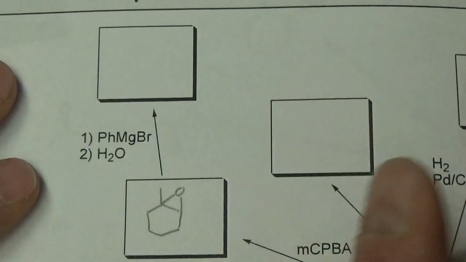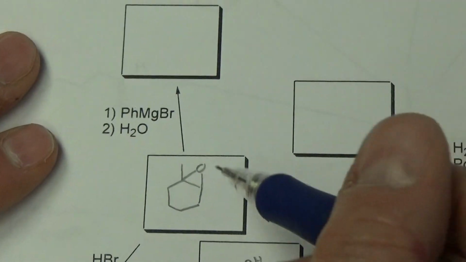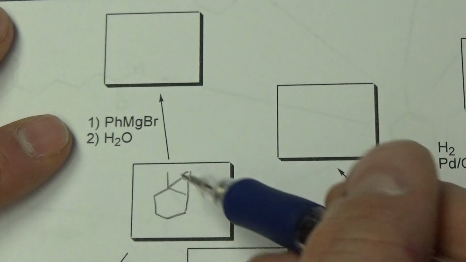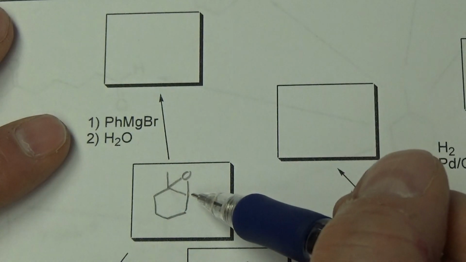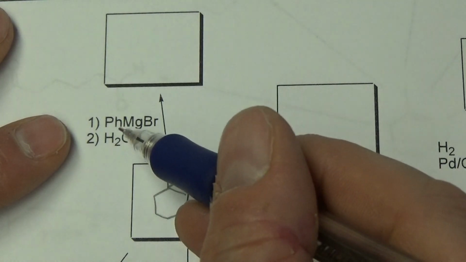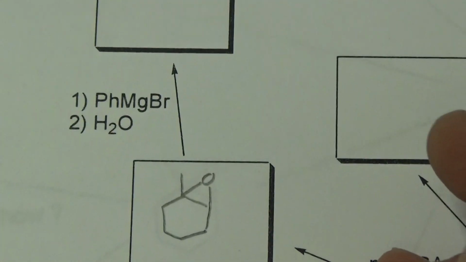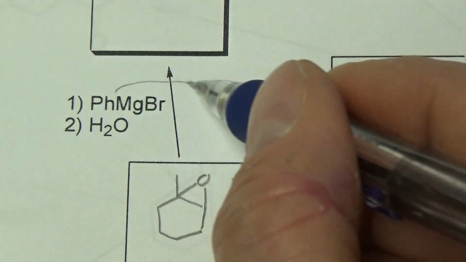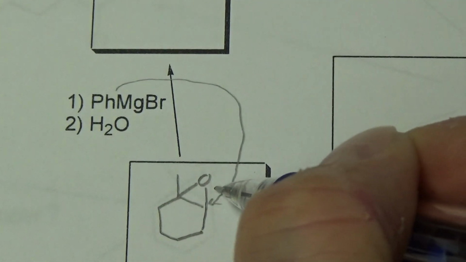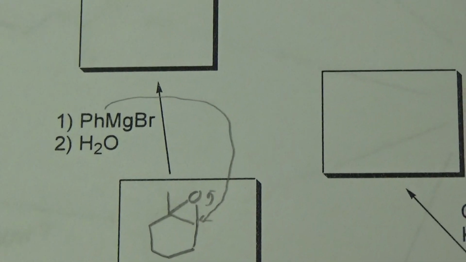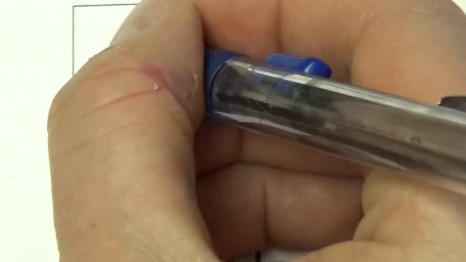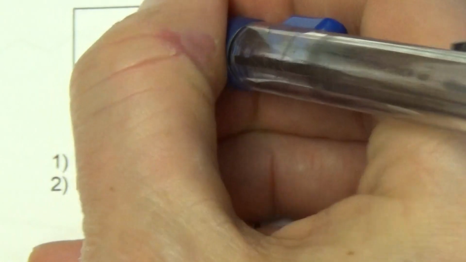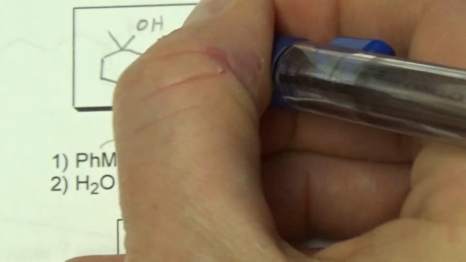And just a review of epoxide chemistry. What does a Grignard do? It's a non-acidic nucleophile. It attacks the more substituted or the less substituted? It will attack the less substituted. What's Ph? Ph is benzene. I'm just using the abbreviation for benzene. But essentially it just attacks right there, breaks it open, and then we'll get alcohol, benzene,